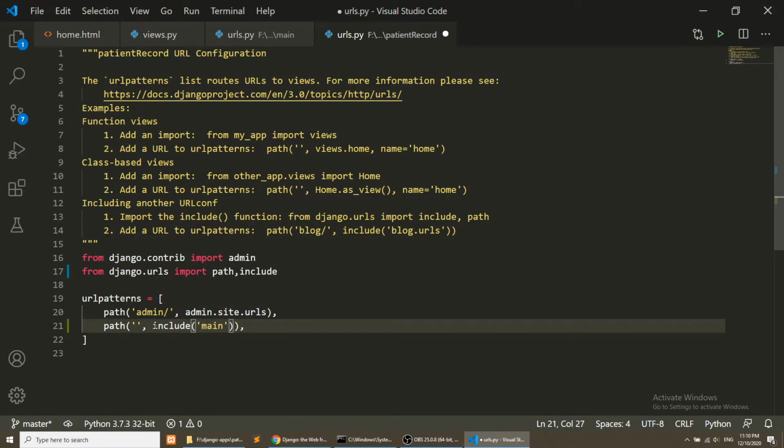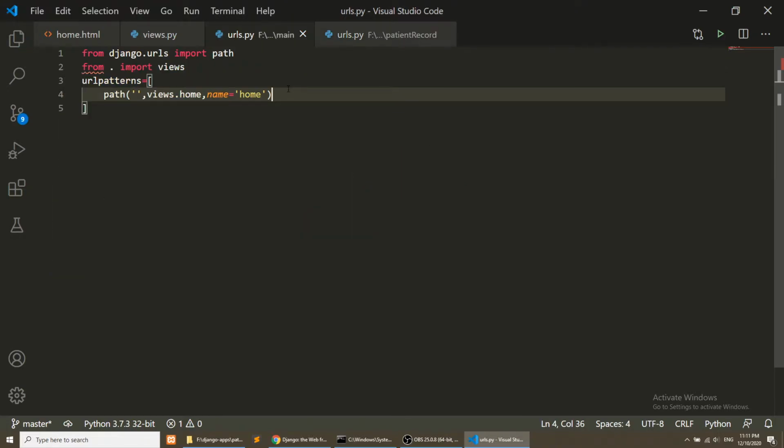This is your application name and this is your file name. Okay, now we have included the application level URL file in our project level settings. So let's see what happened. When we refresh this, it is showing this is home page.